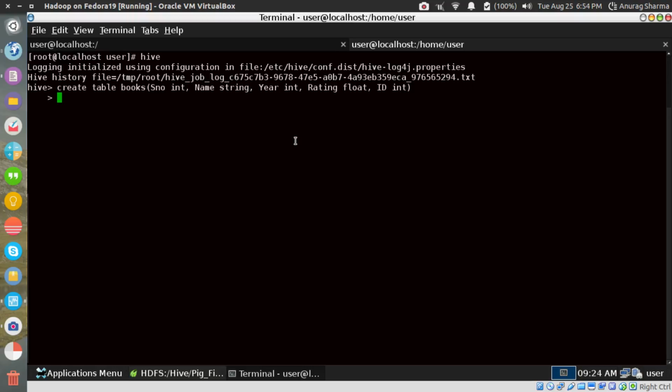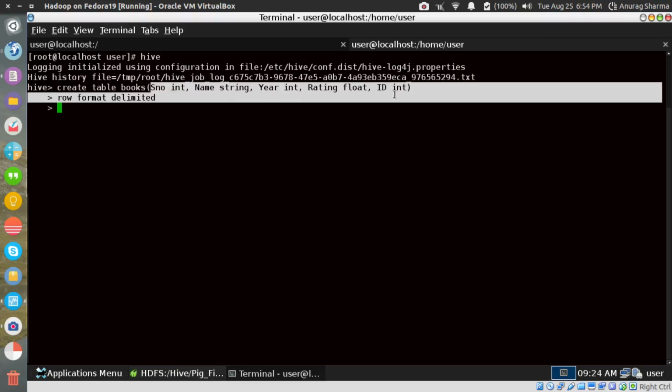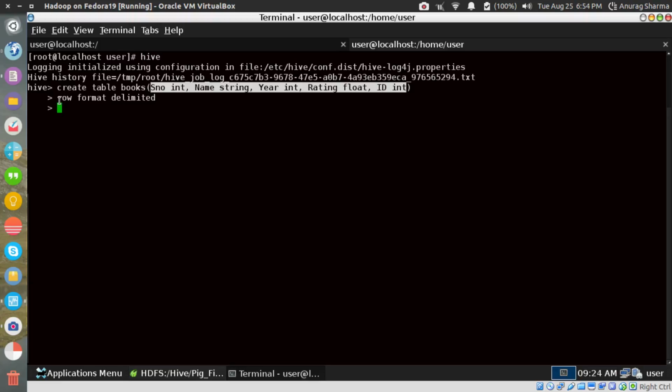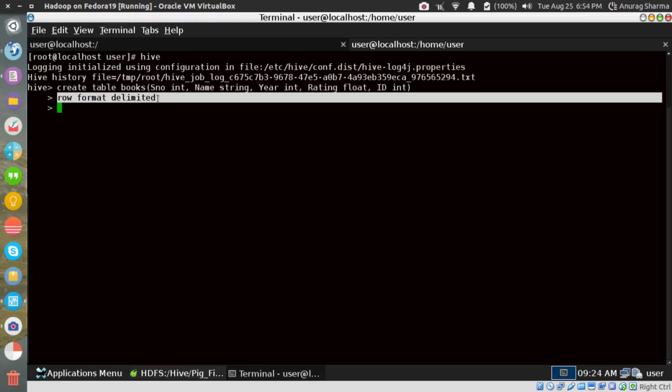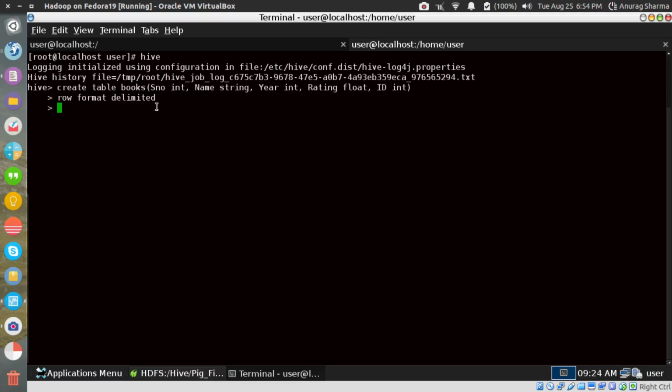So create table so and so. It's a row format delimited. Basically I want to create it row by row. So what would be the next line? The metadata follows this particular schema, and in this schema it is all row by row, so that's row format delimited.